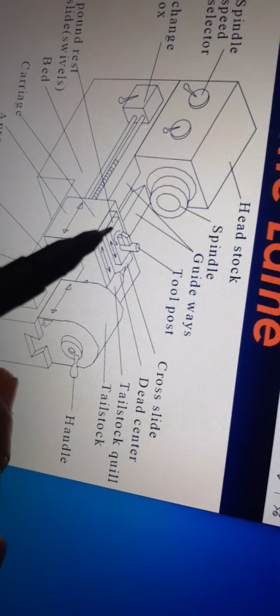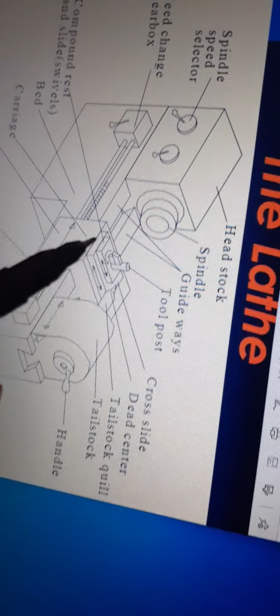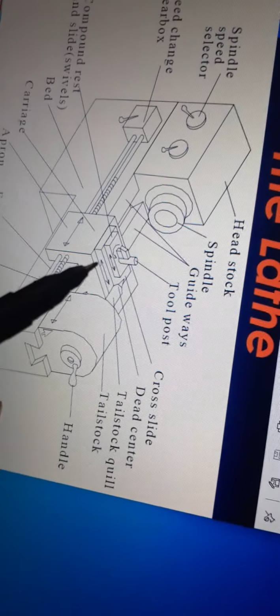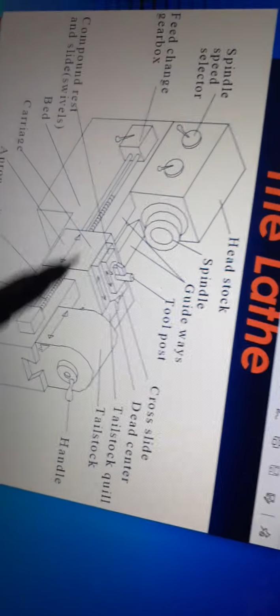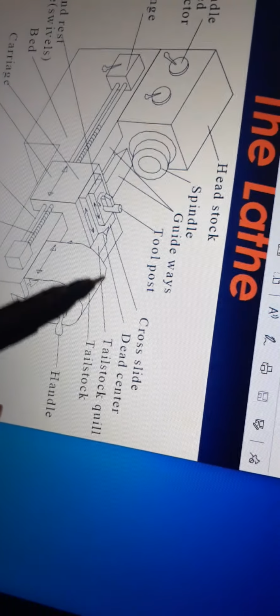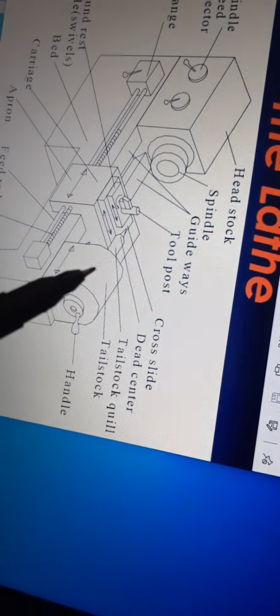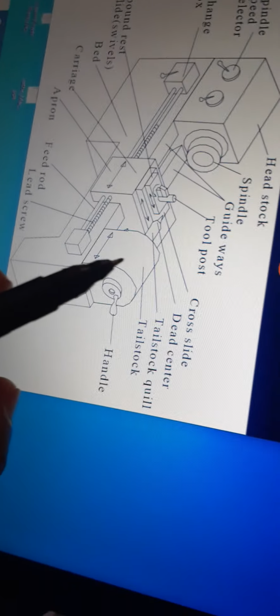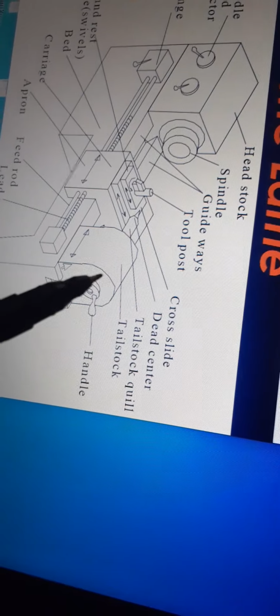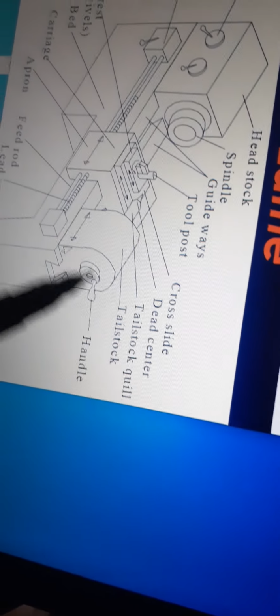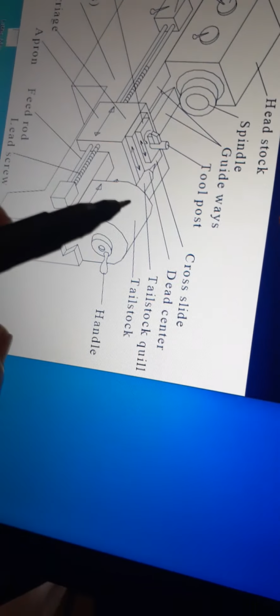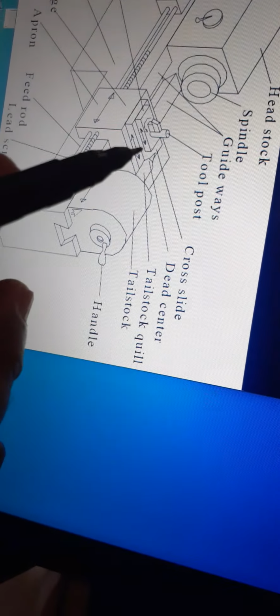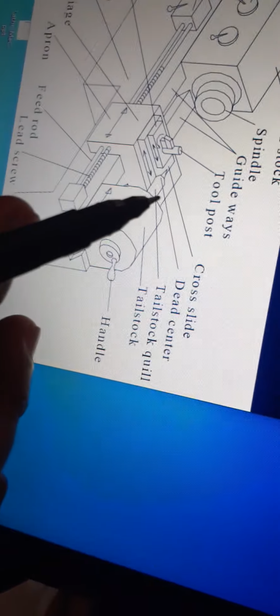Below that there is a carriage which can be moved, and the compound rest. The whole thing is nothing but a bed, and a cross slide is there, with the dead center and live center. Tailstock quill: you all can see this handle, this portion is the tailstock, and in front of that there is a center.